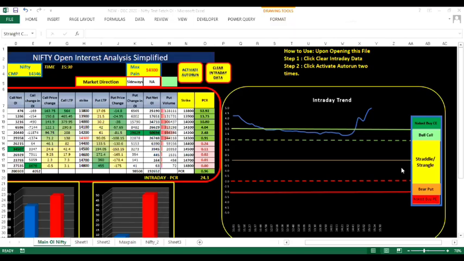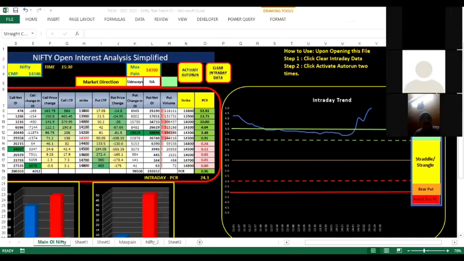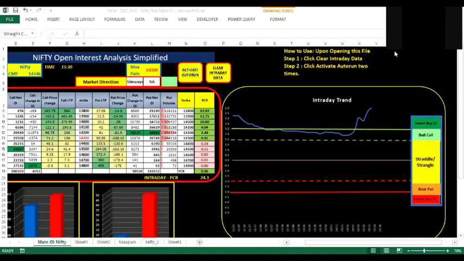So we were discussing the right hand side intraday trend analysis. As I told you, we keep an eye on the dotted lines and the solid lines. Based on where the blue line is moving, we can decide to do our intraday trades. If the line is between -2 and +2 and hovering around, that means the market during that day would be sideways, and we can decide to do some sideways strategies.